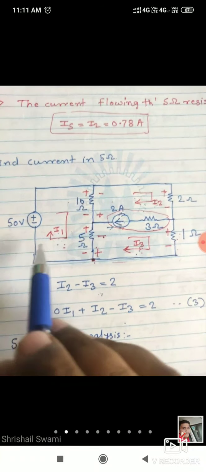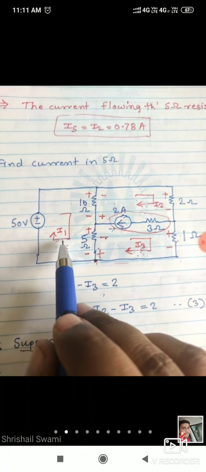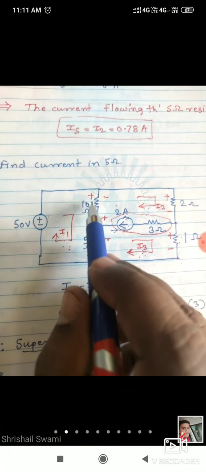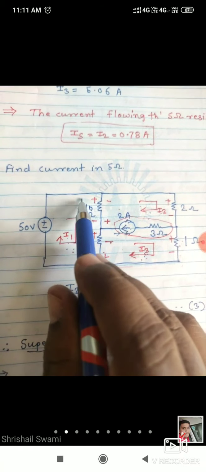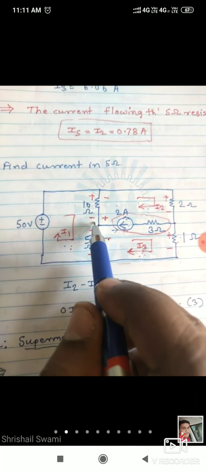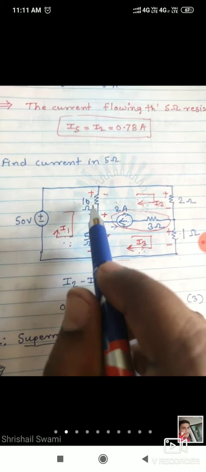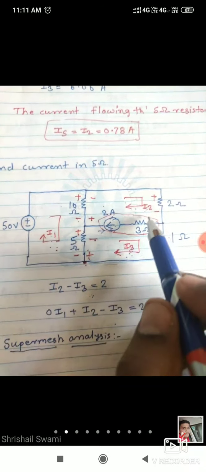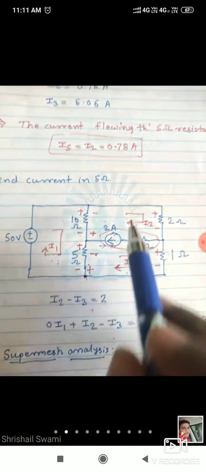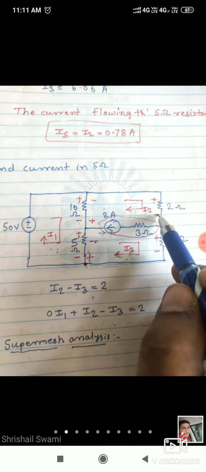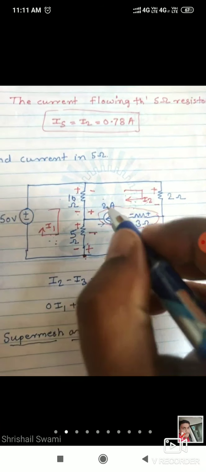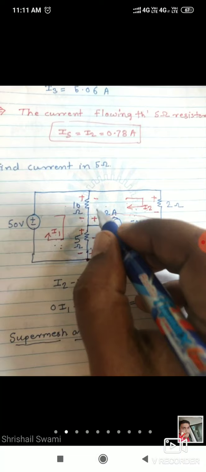Once you mark that, according to the direction of mesh current, mark the polarities of voltage drop across each element. So here, if you're moving from top to bottom, according to this current, here plus minus, here it is plus minus. Come to mesh 2, that is closed loop 2. According to I2, this is plus minus. This is plus minus, I will write as it is. So this is a current source, this is plus minus.